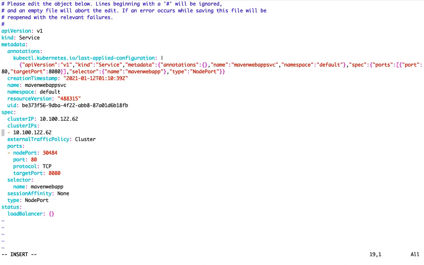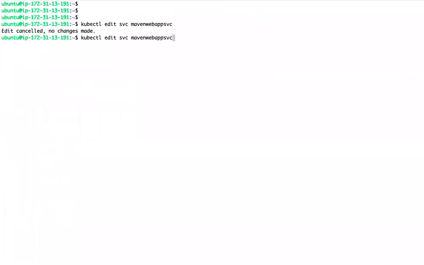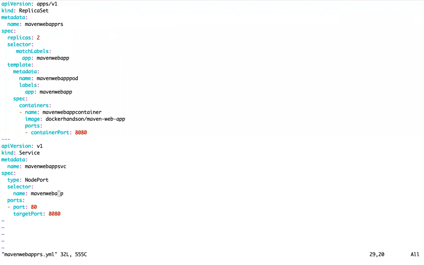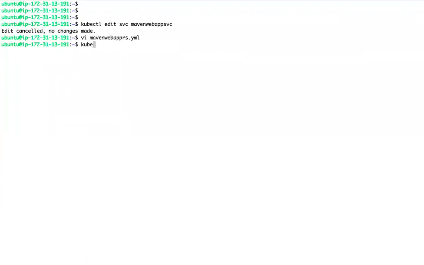The selector, this selector I can edit. I can use this kubectl edit if I want to edit, or I can edit my manifest file. I can come to this manifest file, update my selector, then apply this change.